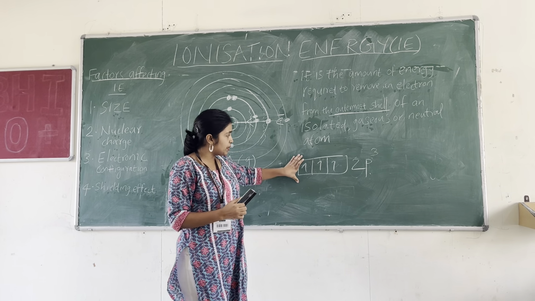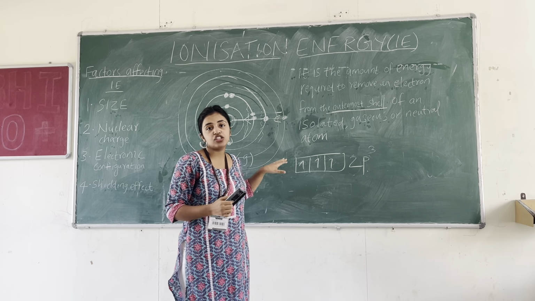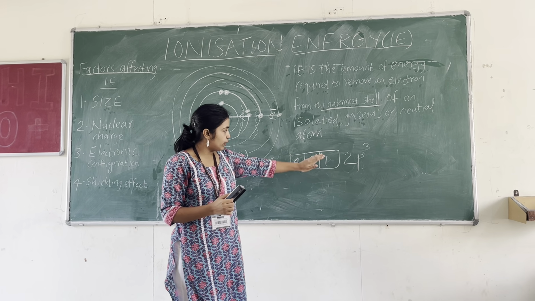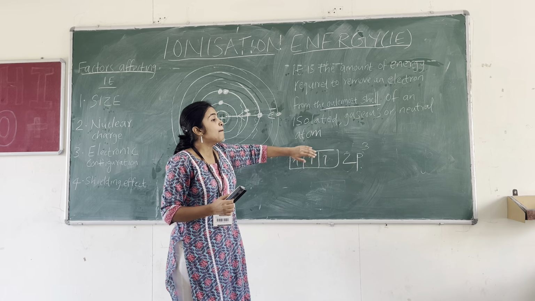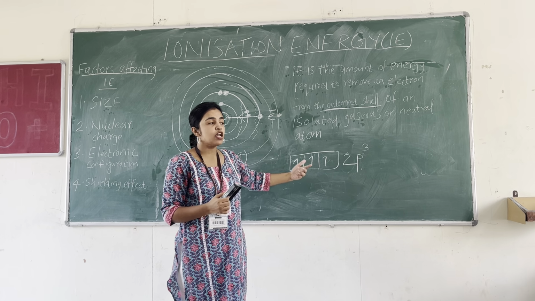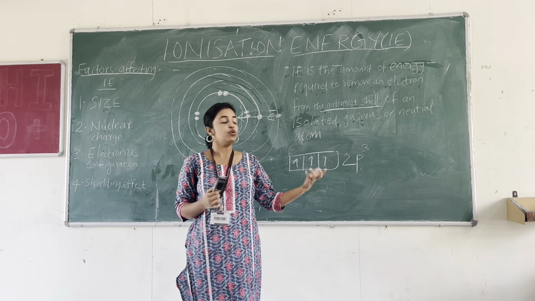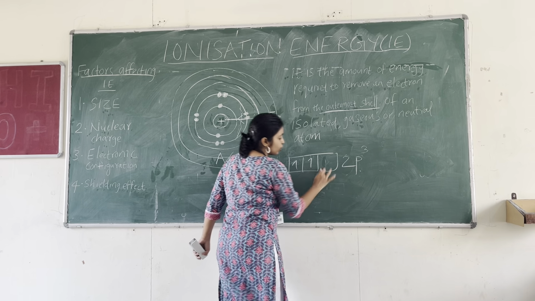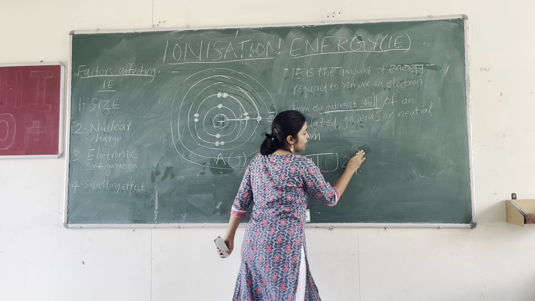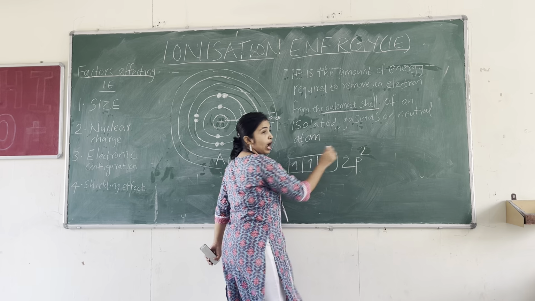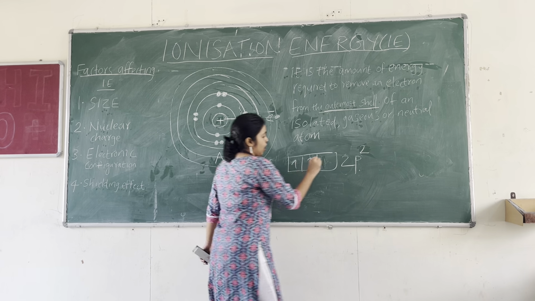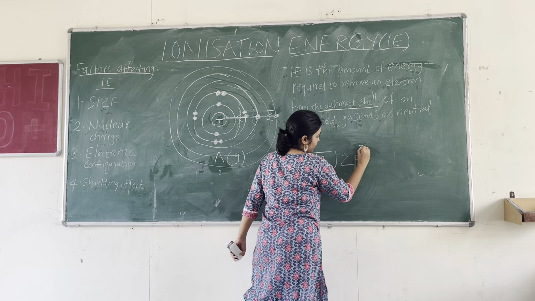It is having more symmetry and the exchange of energy is more in nitrogen. So it is half filled configuration. That is why it is more stable. More stable means we have to give more energy to remove one particular electron from nitrogen. To become 2p3, we have to give more energy than oxygen, because